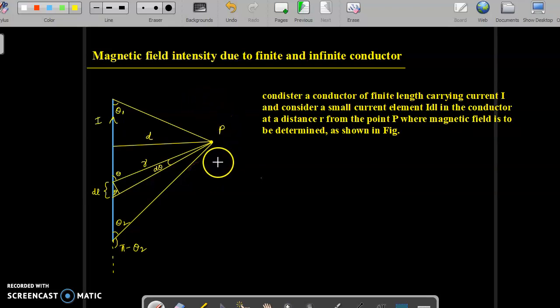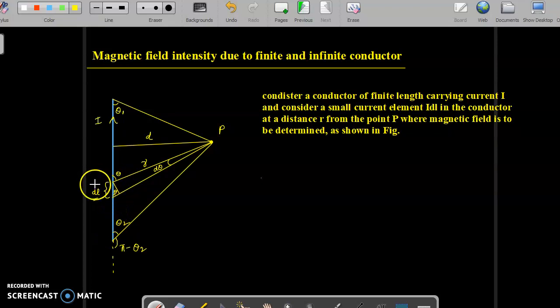In this lecture class, I am going to give you an idea about what is the magnetic field intensity at a specific point near a current carrying conductor. Here, if you look at the figure, you can see that the blue color is a current carrying element. Current I is flowing through the conductor from bottom to top. A small element, a section of the conductor, is considered. Its length is dl, and the same current I is flowing through the dl,